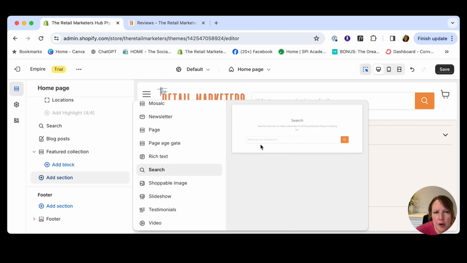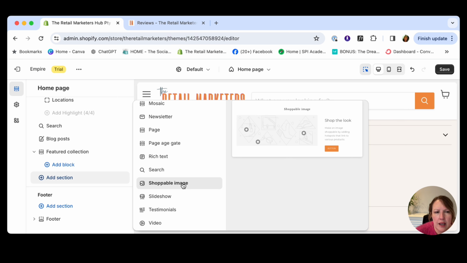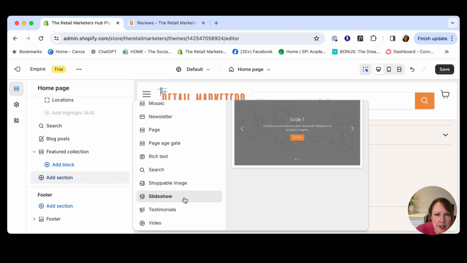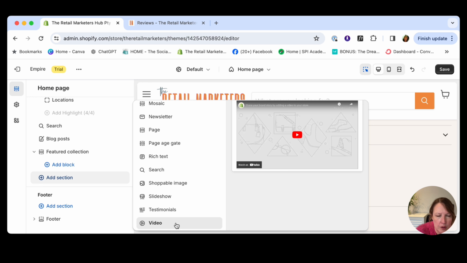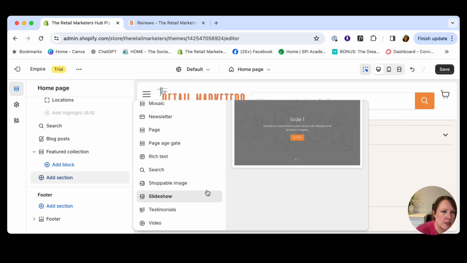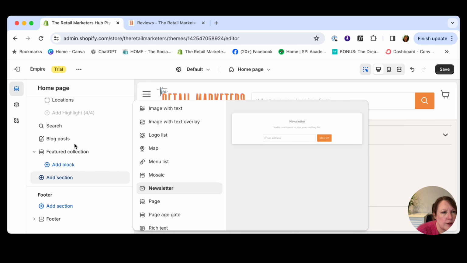Shoppable image is another one I think is a great option for e-commerce stores. So you can have a beautiful image on there and you can have links to multiple products in that image. I think that's really, really handy, and another reason this Empire theme has some winners in it for e-commerce stores. Slideshow with more images that you can share, testimonials, which is great, and your video content that you can add. So that means you can cover lots of information. So if we go back up here,